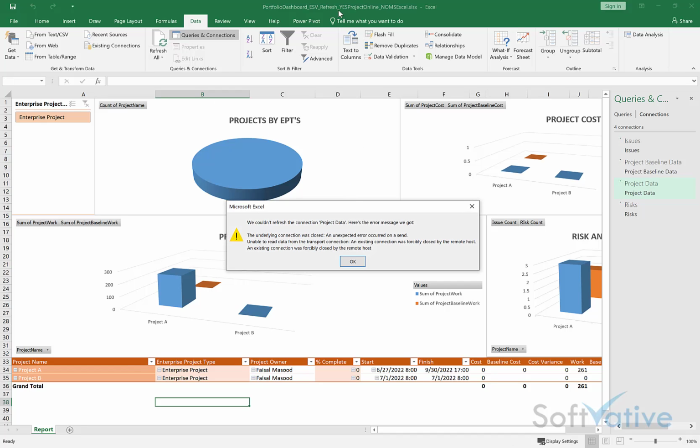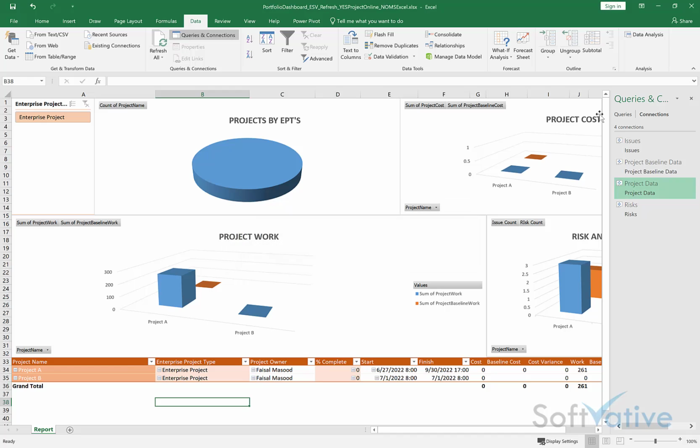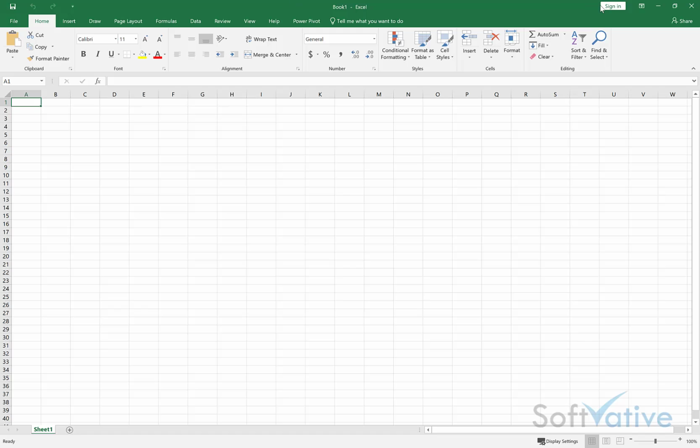So this is what I have in the file names for these 4 custom files. Yes, ProjectOnline means the data refresh works in the ProjectOnline. No, MS Excel means within desktop Microsoft Excel, and I have the 2019 edition, it doesn't work. So again, this is the error. So if I close this one,